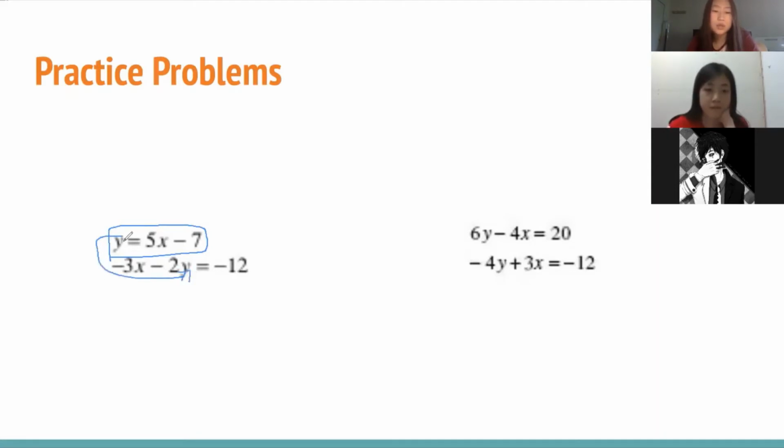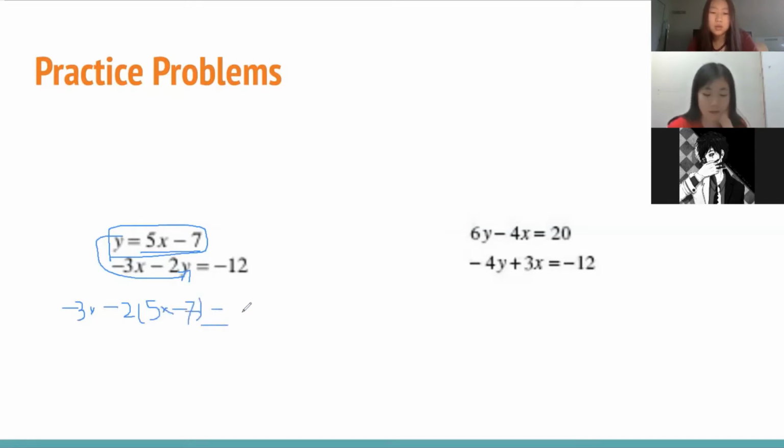So it would be easier for us, which will have x as the only variable in this case. So when I plug it in, it will become negative 3x minus 2 times 5x minus 7